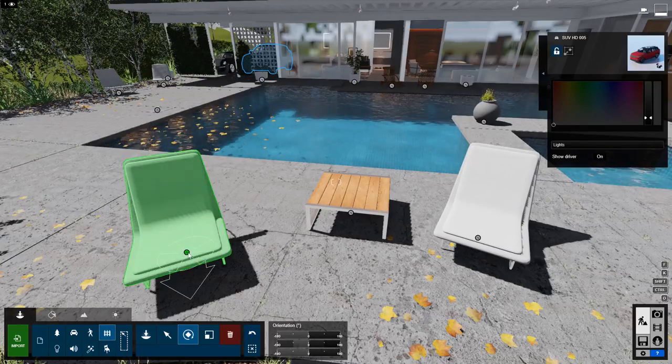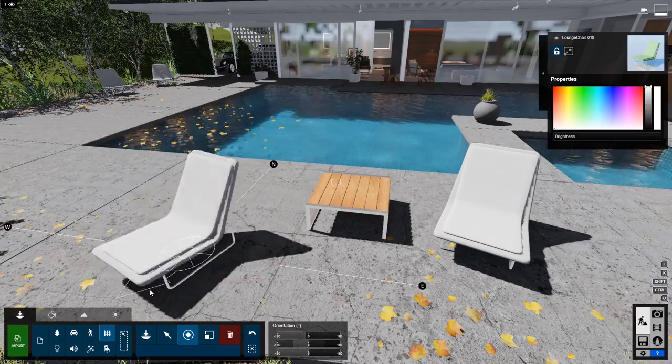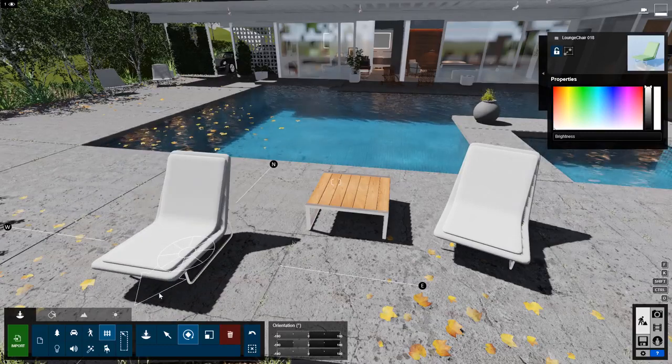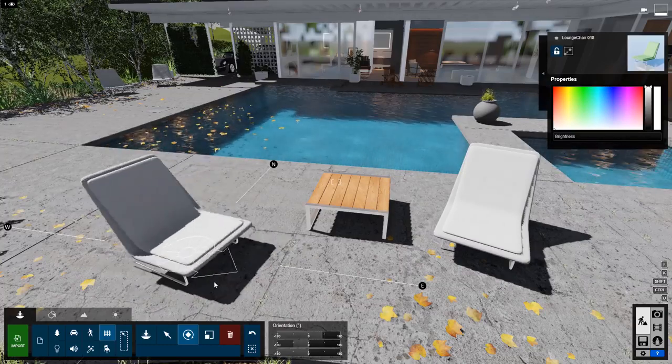All right, so then with my rotate tool active, I'm going to click and drag. Now, as I'm clicking and dragging, I could either kind of snap to this north, south, east, west. You can see those axes. If I hold shift, that's going to kind of override that snapping.